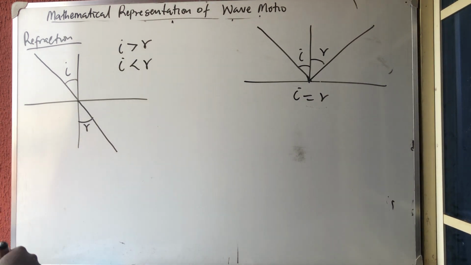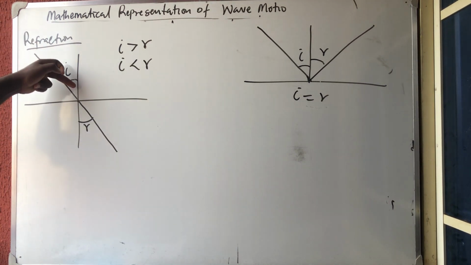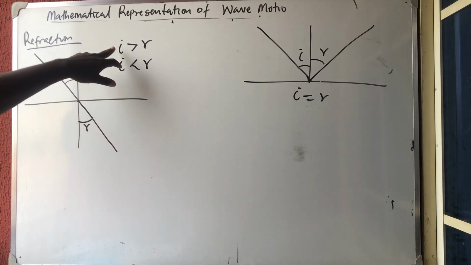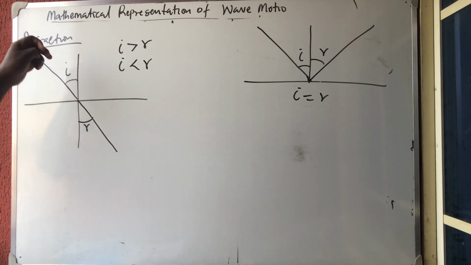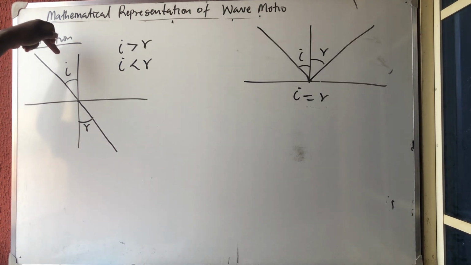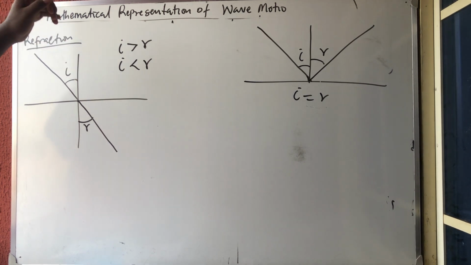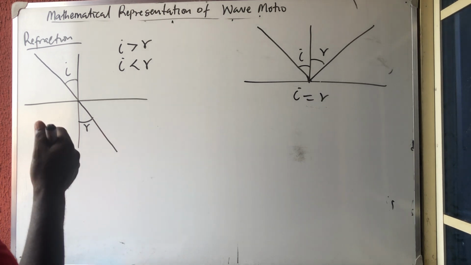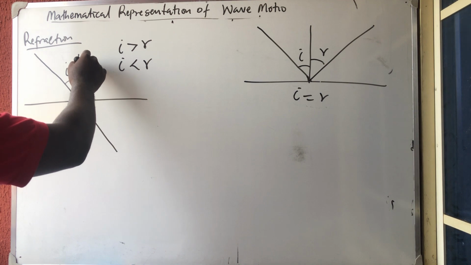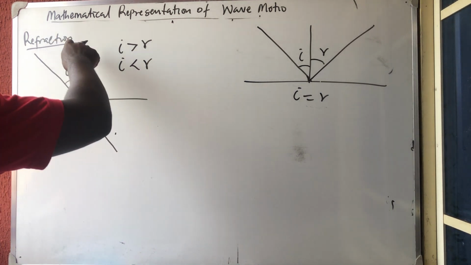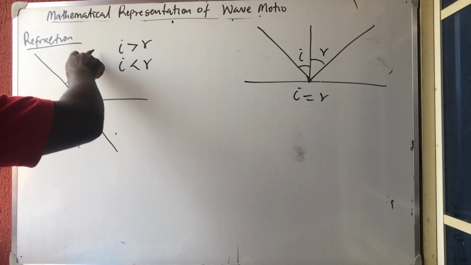Depending on the medium, if where it is coming from is small, then it will not be smaller than this. But if where it is coming from is big, it will not be bigger than this. Are you getting it? Let's use density, because we are talking about density. You know that the density of the incident medium is different from the density of the other medium. So if the density of the incident is big,